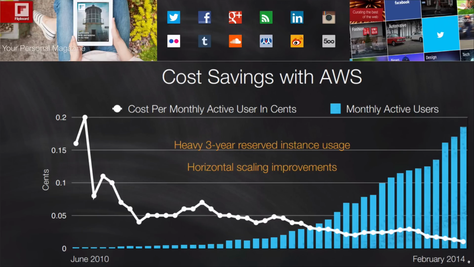And you can see that's having a really big effect on Flipboard, and it's lowered their cost by at least a factor of 4, if not more, since they launched their service in June 2010, running up to February 2014. They've seen a really significant reduction in their cost per user to serve. And you've got very, very low cost to serve there, as you can see on the left-hand axis.